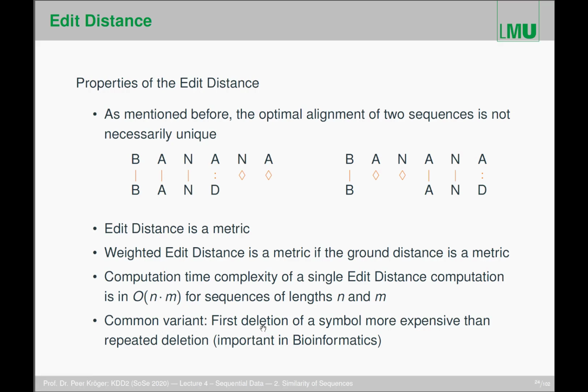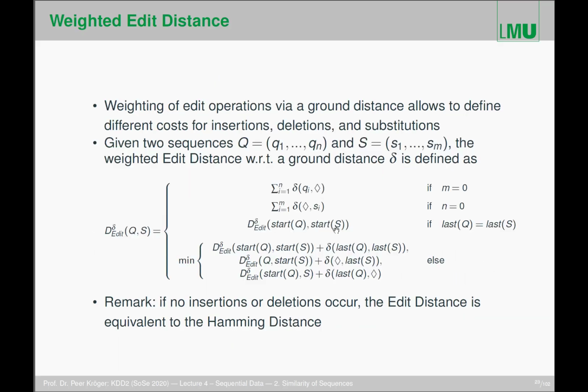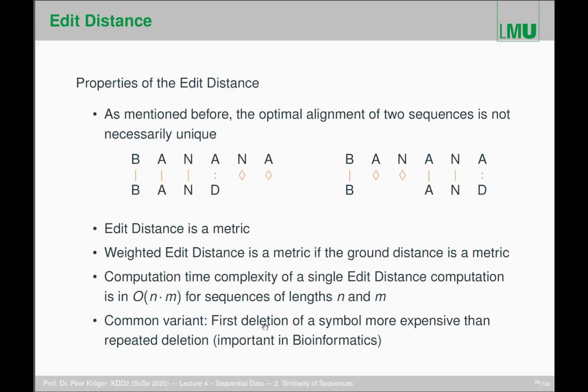Once again, a variant here is, for example, to determine that the first deletion of a symbol can be more expensive than repeated deletions. This is especially important in bioinformatics applications. Then you just have to define a proper weight, a proper ground distance, that accounts for weighting first deletions more than consecutive deletions. In that case, usually it's not a metric anymore, but I told you, I think in one of the first lectures, that the metric property is somehow a little bit artificial and is not that big a problem if distance measures, or similarity and dissimilarity measures, don't fulfill the metric